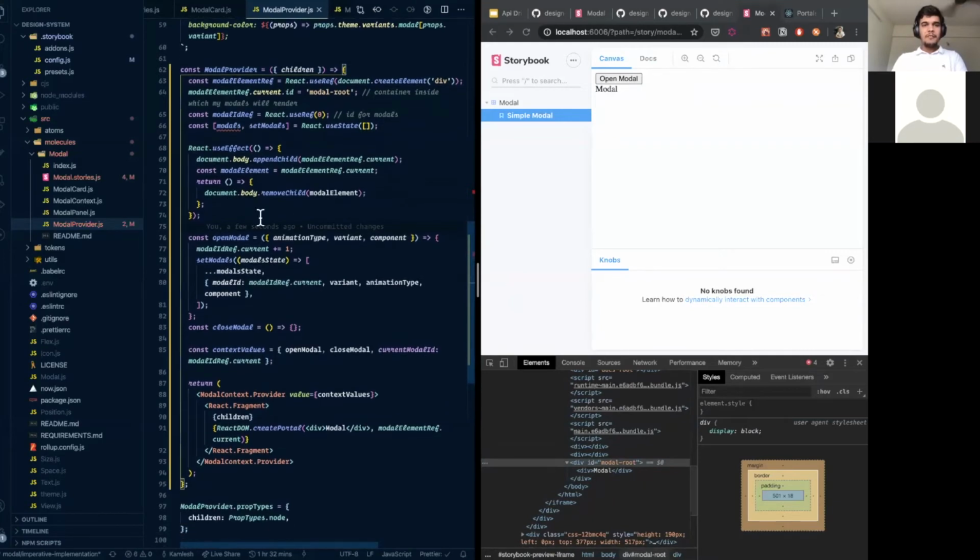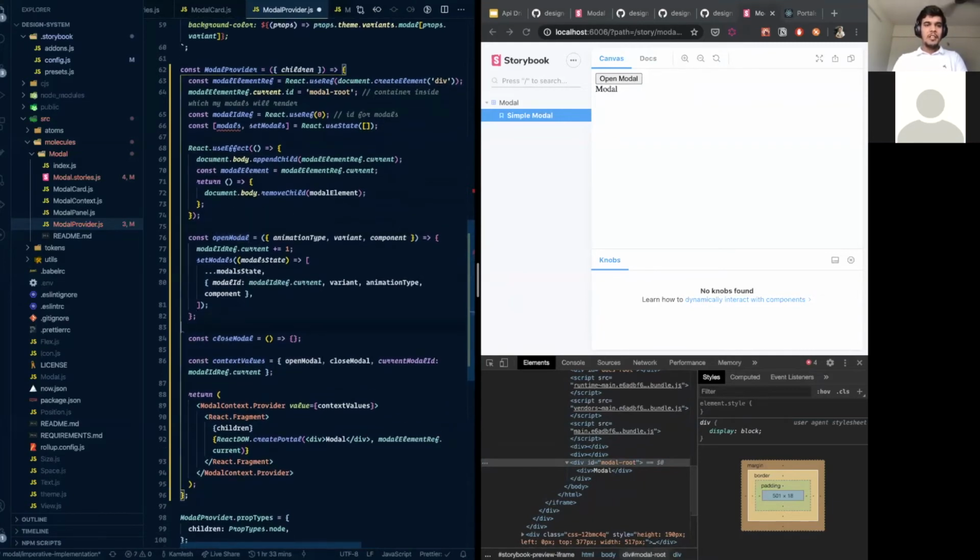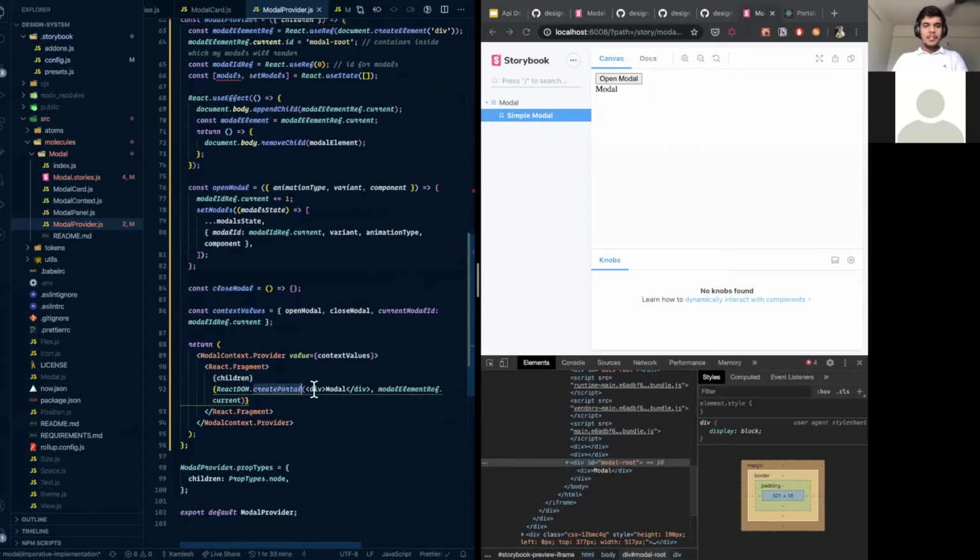We have useEffect, we have open modal, we have not yet added any element to it. So what we want is we want something to render, and it should be rendered once you click the button.